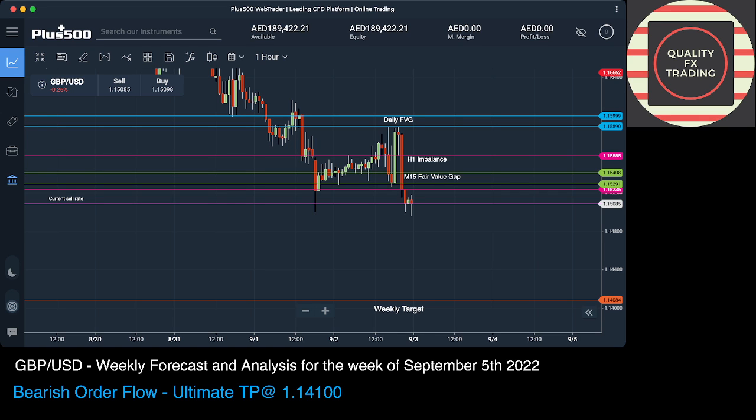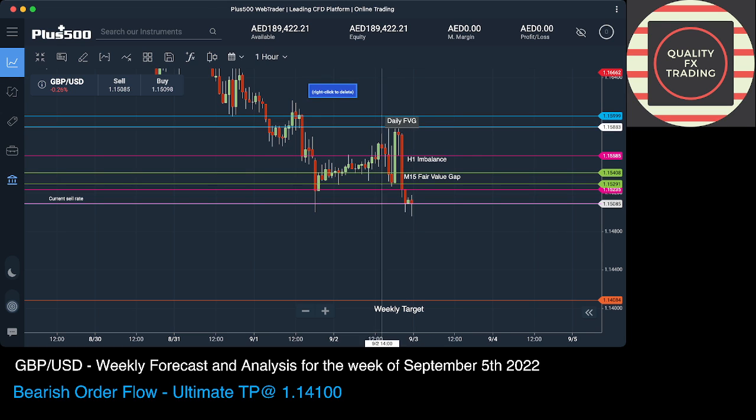So we will see if price is correcting to the upside and how far it goes. Then we can look for the sell setup either in the 15-minute fair value gap inside this H1 imbalance, or if we cannot find the sell setup,